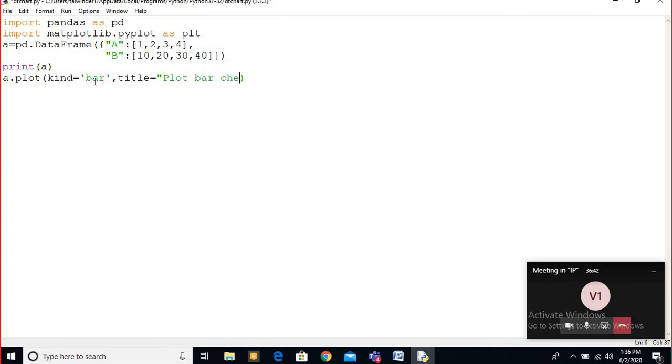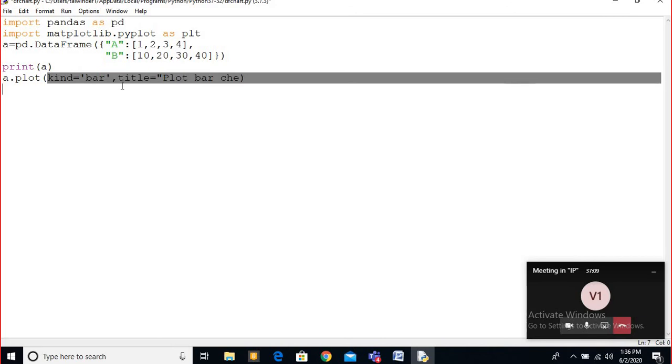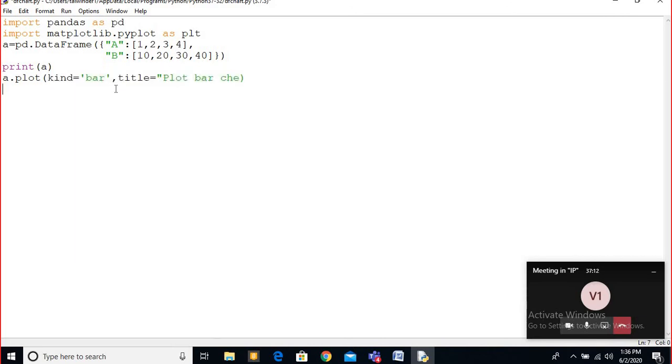By default it is a line chart. But here if you are using the line chart also, then also you have to give line here, because in that way it will not come, because we are using the data frame variable here. It is not the previous method as we created from the list only. Here we have created from the data frame. So we have to use the data frame variable name, then dot plot. We have to tell kind, meaning what category of graph you want. You want to take line chart, then you have to give here line. If you want to use bar, then you have to give bar. So I'm taking the bar one. So plot bar chart.